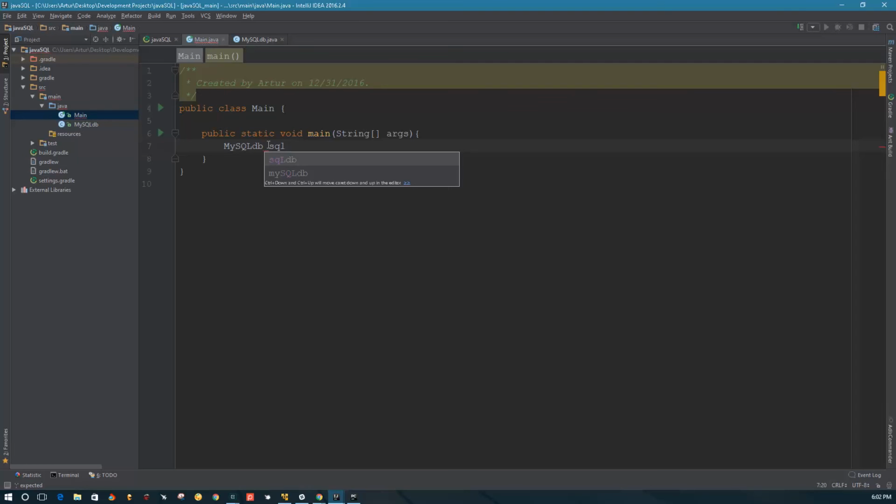We'll just call it SQL. Let's call it mysqldb equals new mysqldb. Now this is where we need to pass in our credentials. And there's one difference with the way you pass in credentials. With Python, you can just type in the host